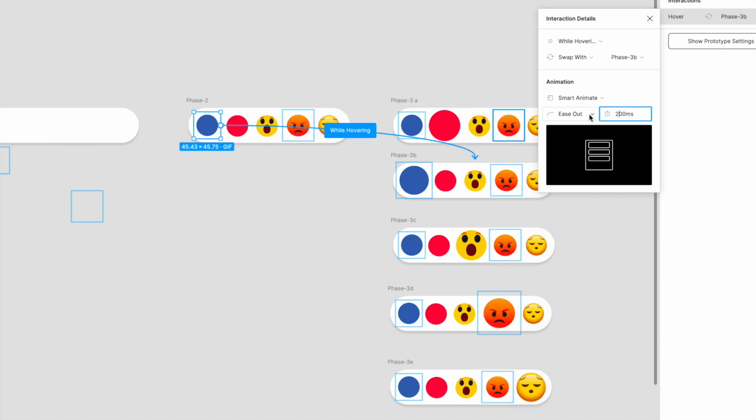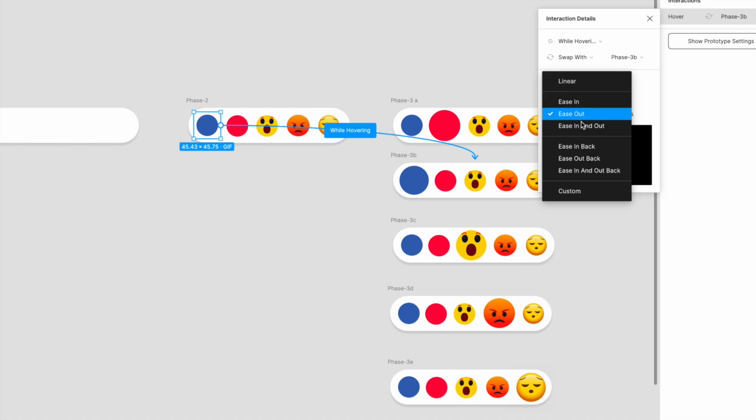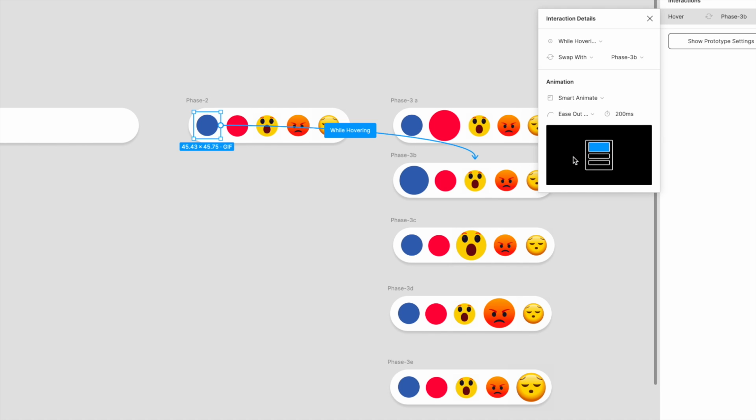Now we also want it to give a slight spring animation while zooming up, but that is not there in Figma. So what we'll do is use ease out back. Ease out back gives a slight spring animation effect. You can try out the different animations out here, and whichever you feel is better, you can use it, but I've done something like this.